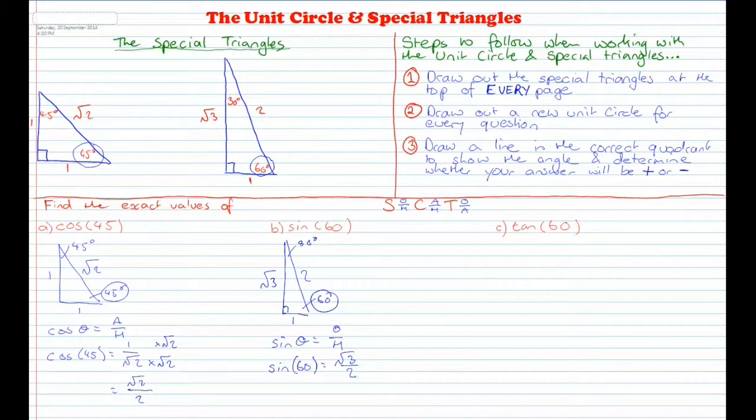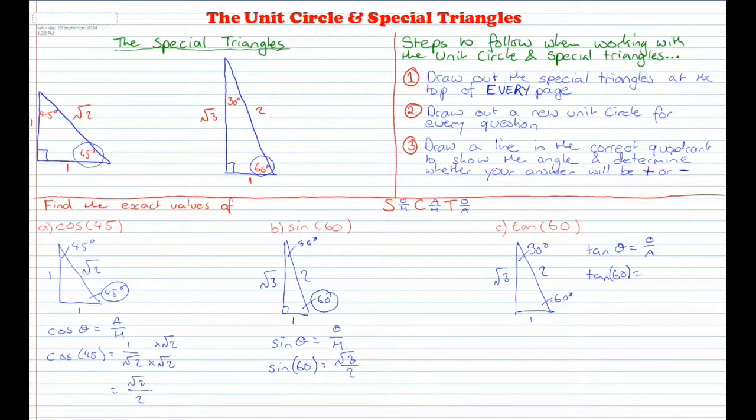Now for tan theta, or tan of 60, let's go through and draw out the triangle that's appropriate again. So therefore the triangle that is appropriate is the one with the 60, so we'll draw the same one out again, triangle number 2. I've got 1, 2, root 3. That there is 60 degrees, that there is 30 degrees, and now what I need to do is figure out what tan of 60 is going to be. So I go tan, and tan is equal to opposite over adjacent, because TOA, so tan theta equals opposite over adjacent. Therefore tan of 60